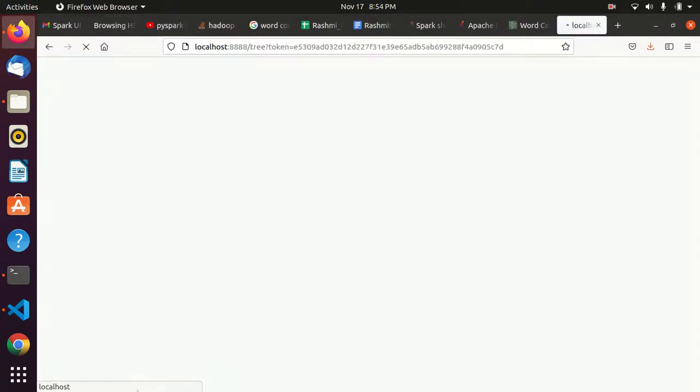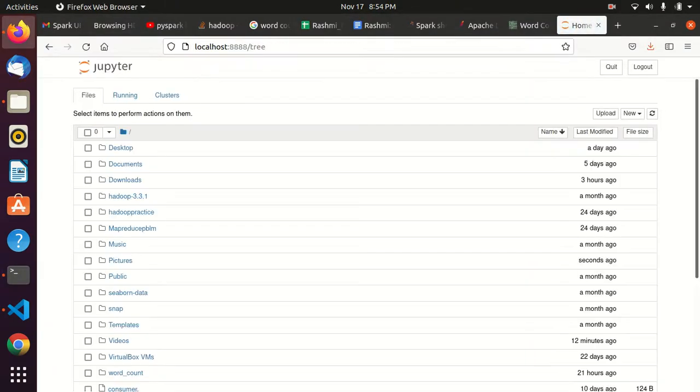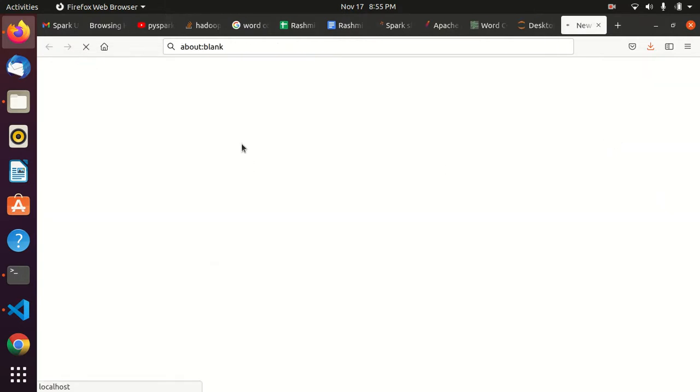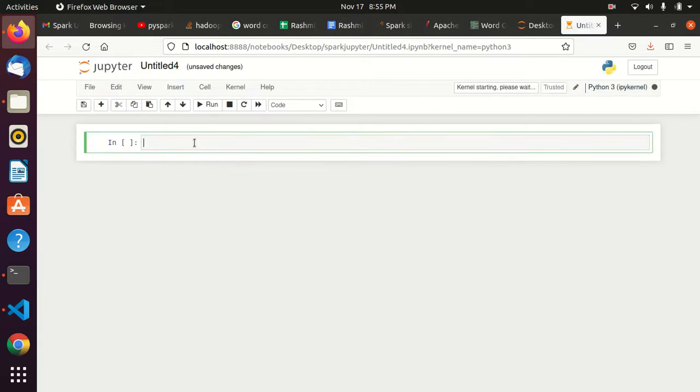So directly we are going into Jupyter. Here we can create a new file, in some folder like desktop, Jupyter, Spark. Here we can create new, and we can select Python 3, and here we can type and execute the commands. That's it.